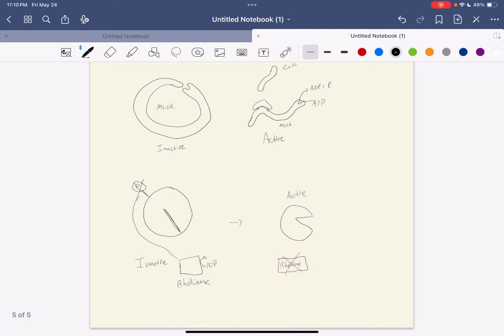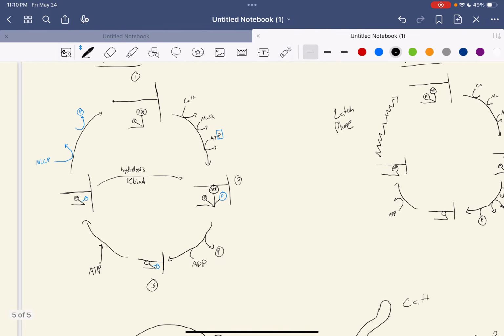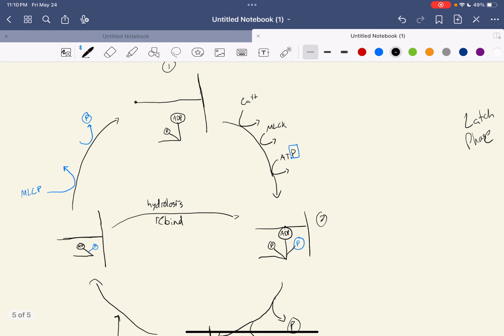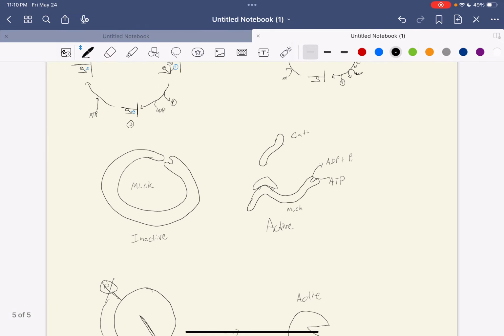And that is because of a high volume of sustained calcium in the ICF. Because of that, we are able to keep the MLCP open, which is important here for going and taking off that final phosphate, for it to return to its cocked, unbound position next to the actin. And by having these two things,